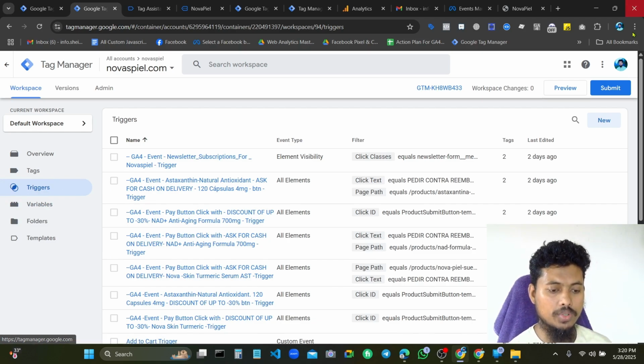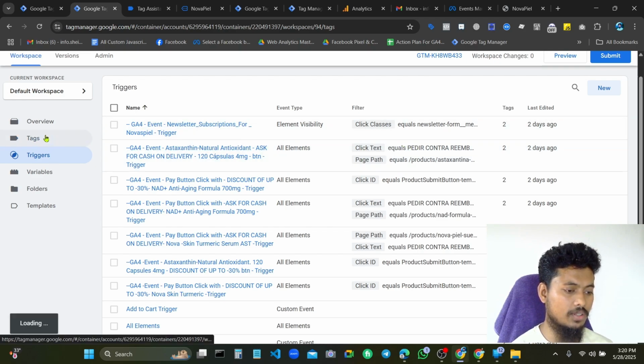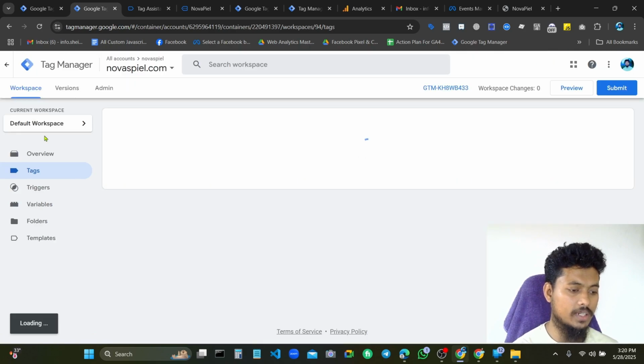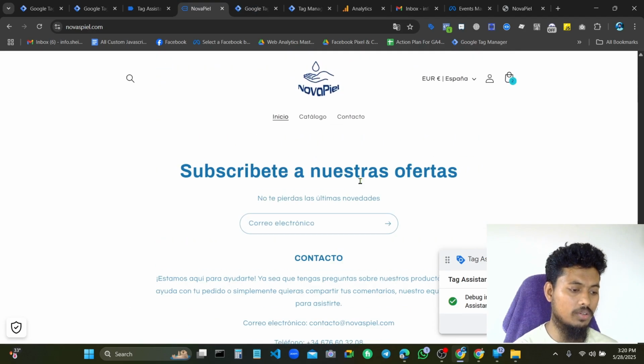This is a quick overview of my triggers, and you can see I have used click ID, click text, and page URL path to define a button when a user takes an action, and when an event fires for these tags or triggers.